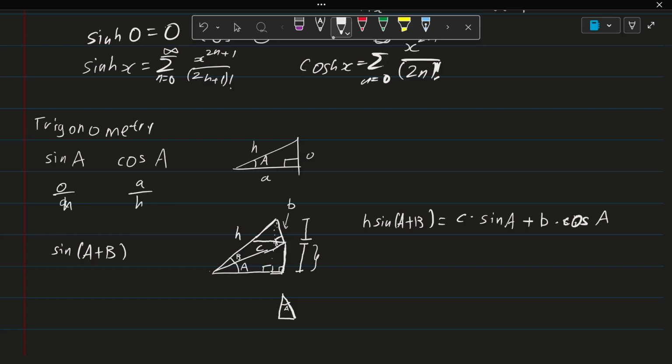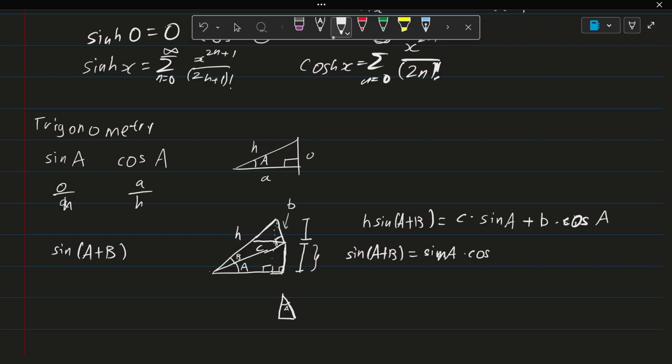The easiest way to do this is by dividing everything by h, because we don't truly need to know what c and b are, but we need to know what sine of a plus b is. So we could just write it like that. Sine of a plus b equals c over h. What's c over h? It's the adjacent over the hypotenuse, so it's cosine. So it's sine a